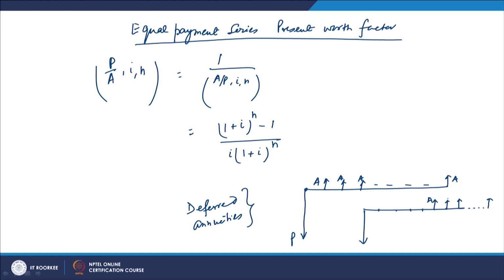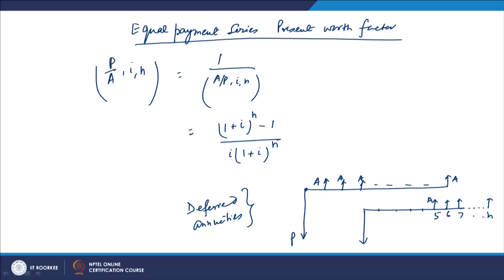So, it will be again A, and it will be 1, 2, 3, 4 is there. So, 5, 6, 7 and then it will be n. So, these are the typical examples in the case of loans which the students take. They are told that till they get the job they should not be told to pay. So, maybe for 4 years they are not paying, and then they start paying from the 5th year. Such are the cases of the deferred annuities, and there are ways to find, because now in these cases